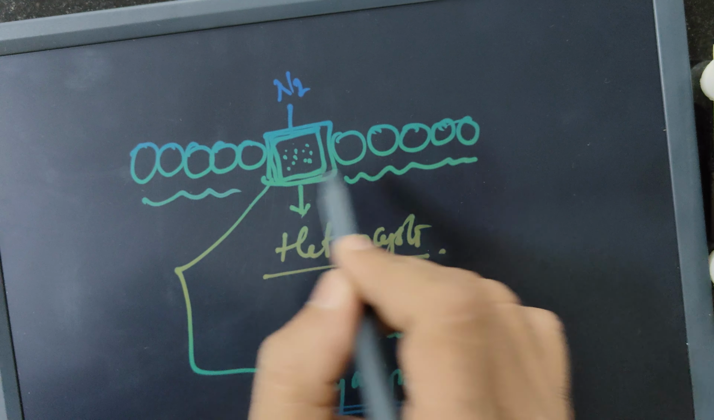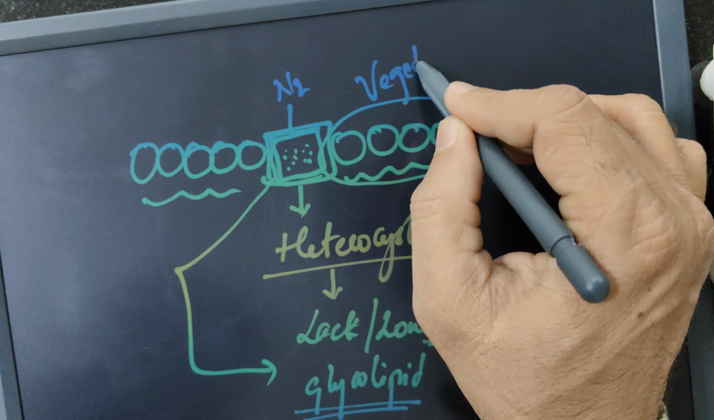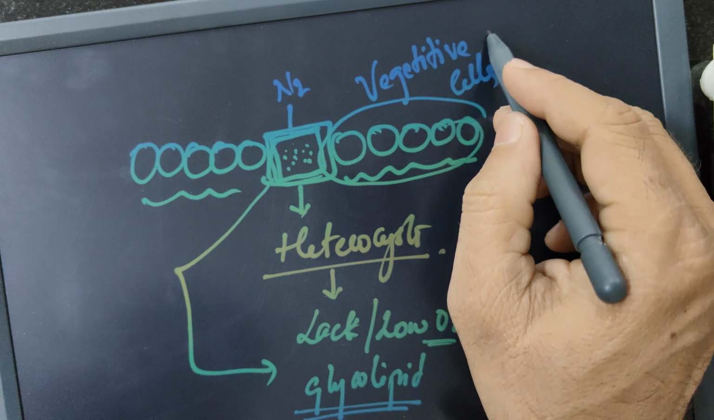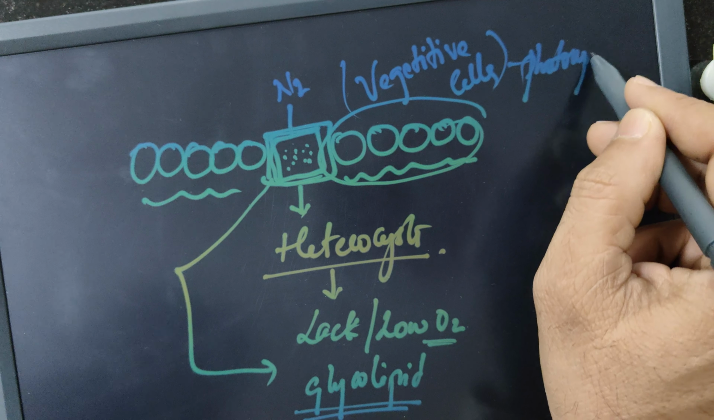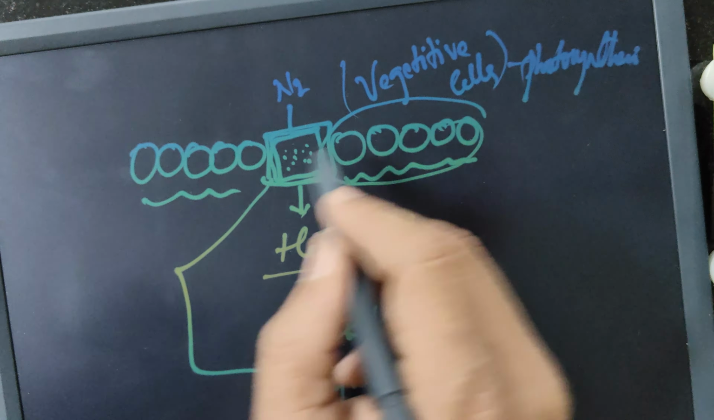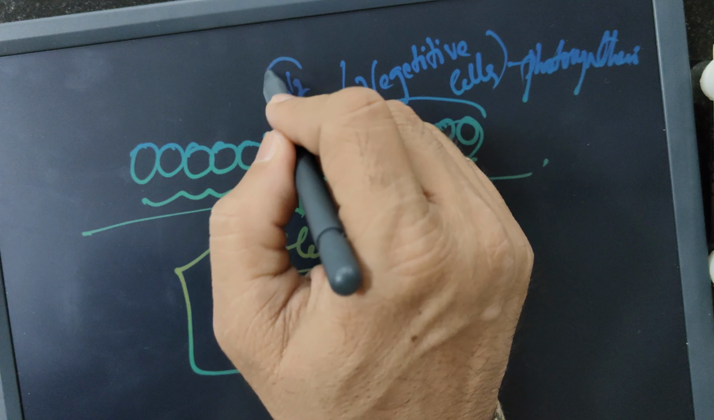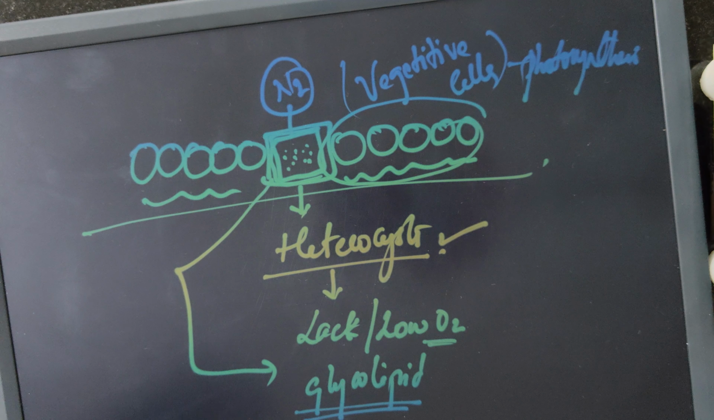the other cells are termed vegetative cells, and here photosynthesis takes place, which means nitrogen fixation via heterocyst. This is one of the forms,